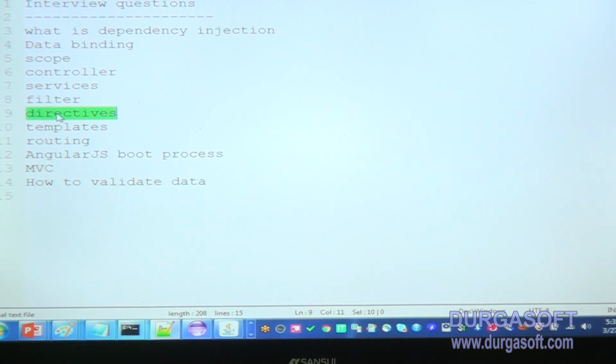And routing. When we are developing a single page application, we follow this concept of routing. For a single page application, we need to get another JS file, the angular-route.js file. That JS file we need for developing a routing application, I mean a single page application. In routing we have to create one view placeholder, ng-view, and $routeProvider is a service that will map your request to the view.